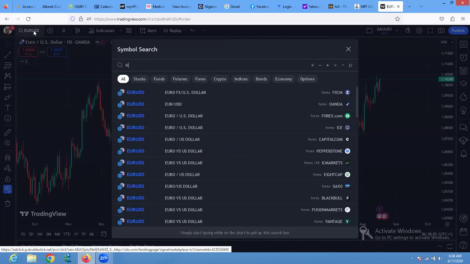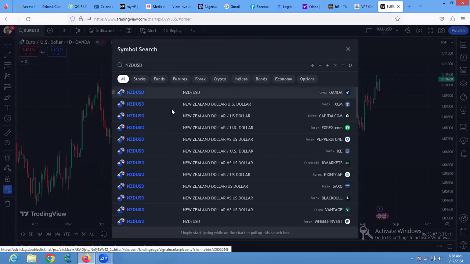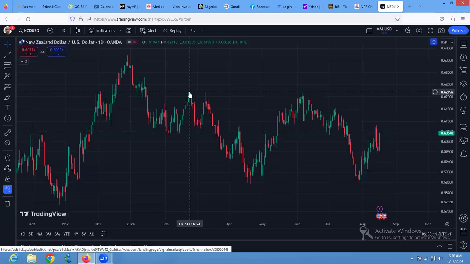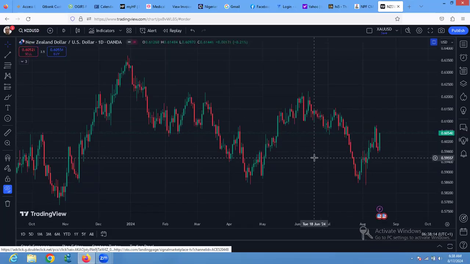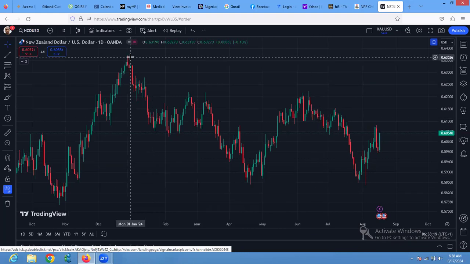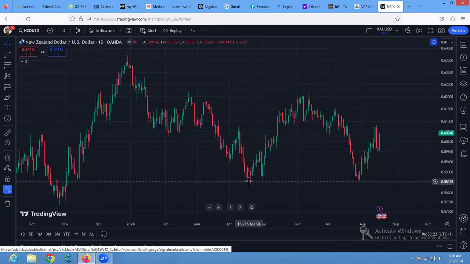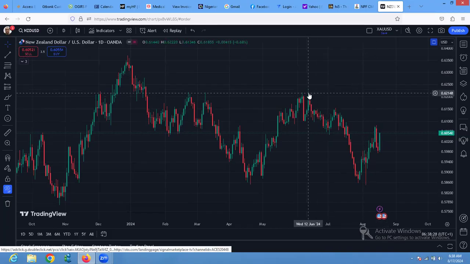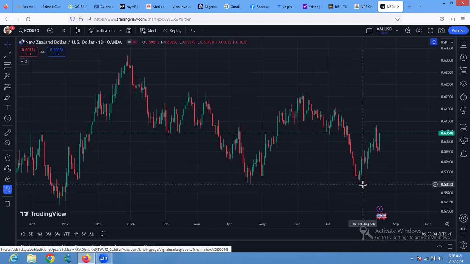NZDUSD. See, this is what they try to do to get you out. This is an A and this is a B. And we said that we want to build the third wave of a C to the upside. And price did this as the first wave of that third C leg, and price came back right there to